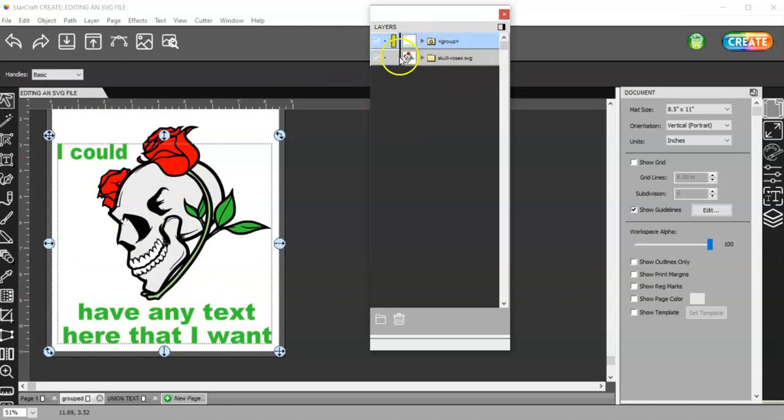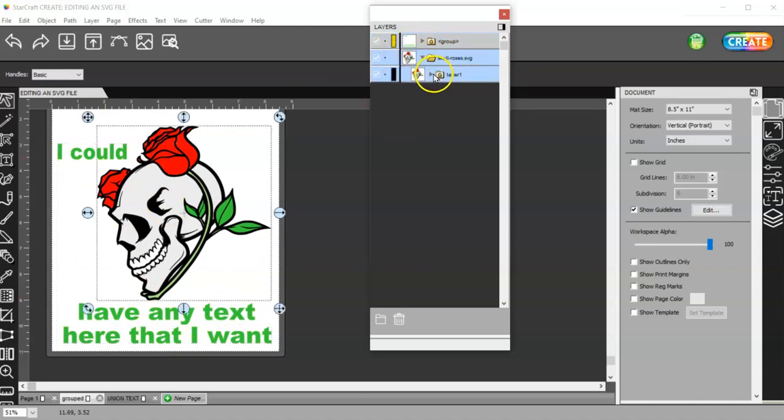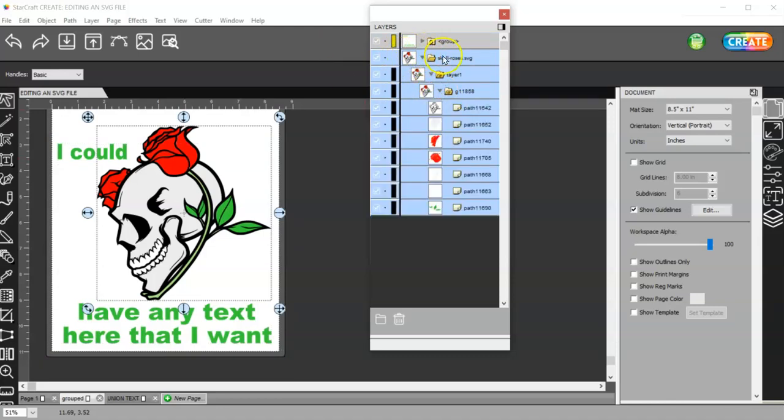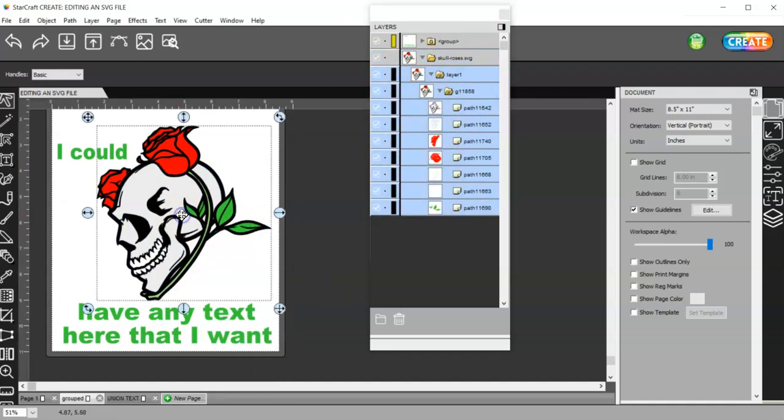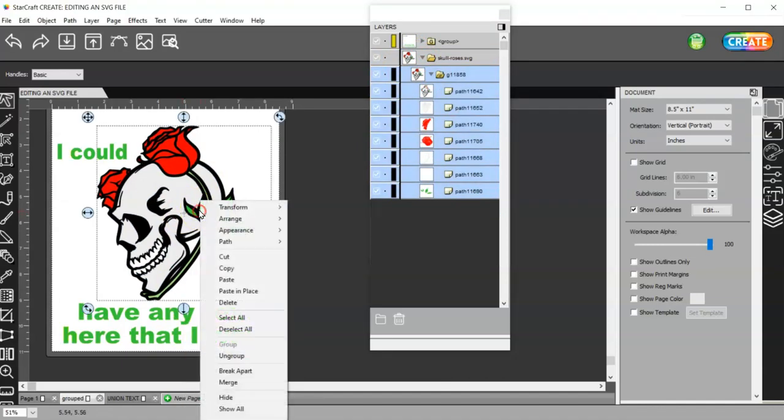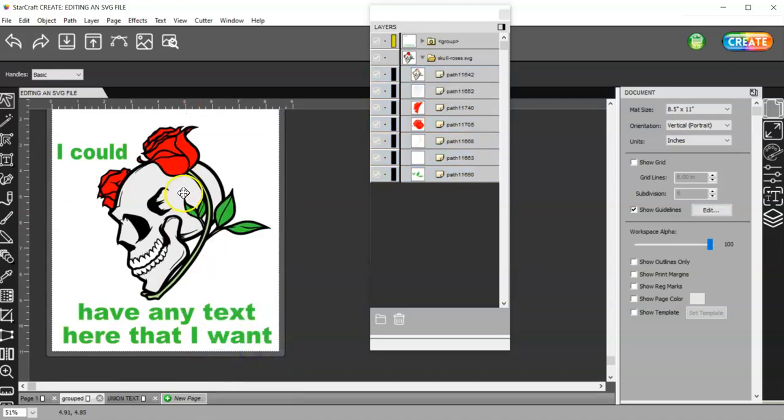But if I open up this group, I have another group and another group, which it shouldn't be like this. When I open this, I should be seeing all of this. So what I need to do is right-click on this and ungroup it. Well, let me deselect it and then select this and ungroup it. I'm going to select it again. I'm going to ungroup it again. I'm going to select it again